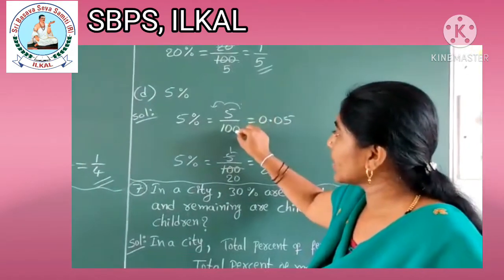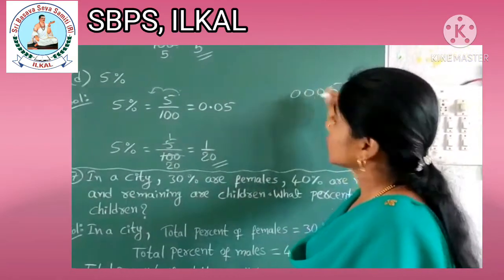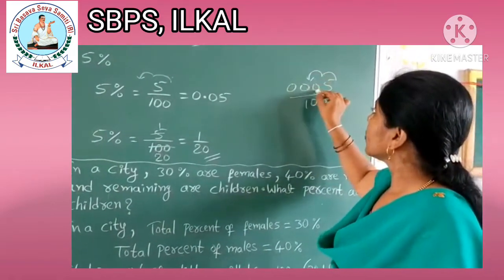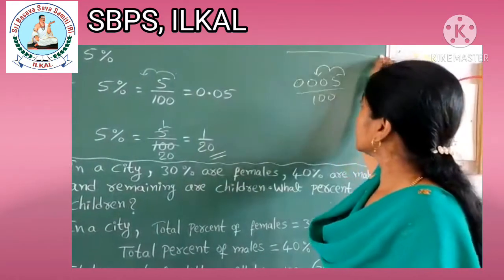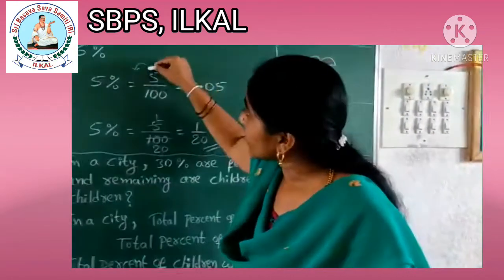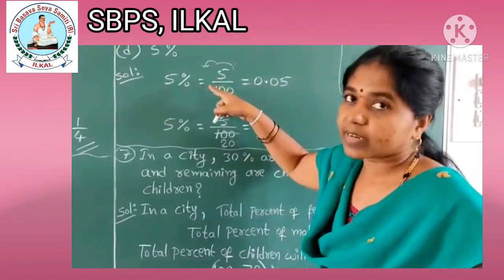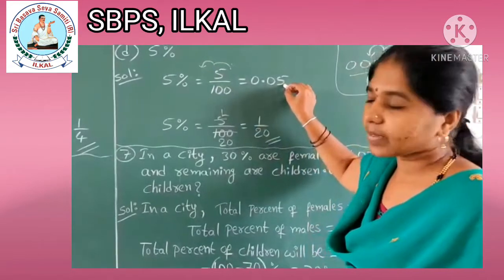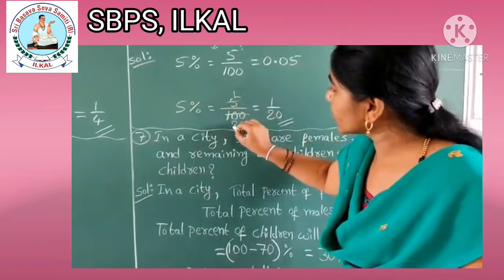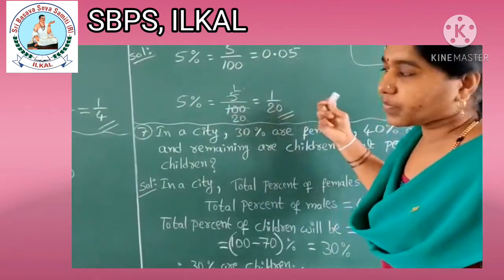5% is equal to 5 by 100. Here 005. How many zeros? 0, 5 I have considered, children, divided by 100. Two places if you shift, 0.05 will become. It is rough work. Okay. If you have confusions, rough work can be done. When I shifted two places towards left, here an extra 0 is required. Okay, that is 0.05 it will become. 5% is equal to 5 by 100. Again write down: 5 ones are 5, 5 2s are 10, 0 if you strike out, 1 by 20. It is in the simplest form.